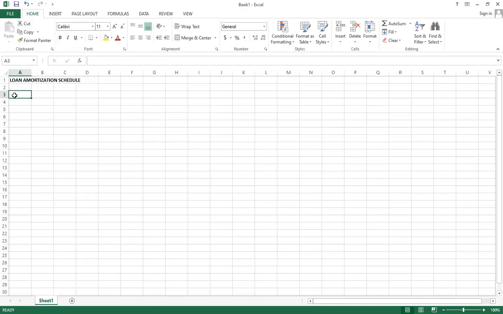Let's go to cell A3 and we write annual interest rate, followed by loan term in years, followed by number of payments per year, followed by loan amount,